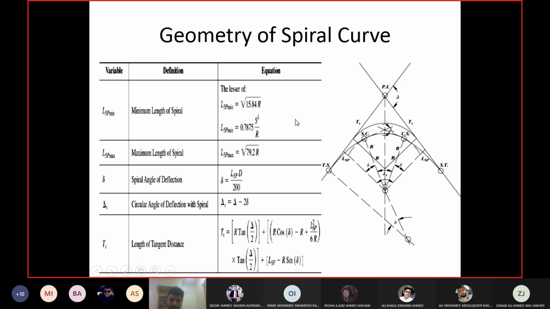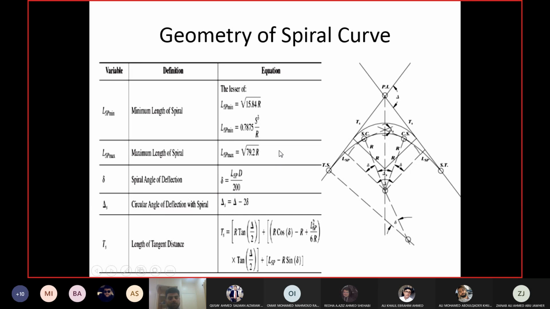LR is 80 feet. The minimum value you are getting is 100. Take 100. So whenever you decide something and it is less than the minimum, you will take the minimum from the equations, and vice versa. If you decide on any value which is more than the maximum, then you will take the maximum. For example, you decided that LSP should be equal to LT plus LR.